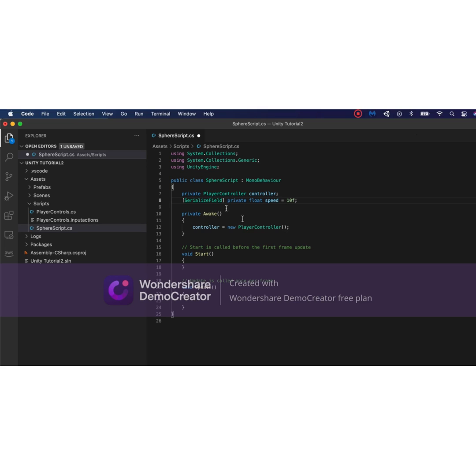While I'm here, I'm going to cover two more functions. First of all, private void on enable and on disable. On enable is called whenever our game object is enabled, and likewise on disable is called whenever our game object is disabled. So go to Unity,